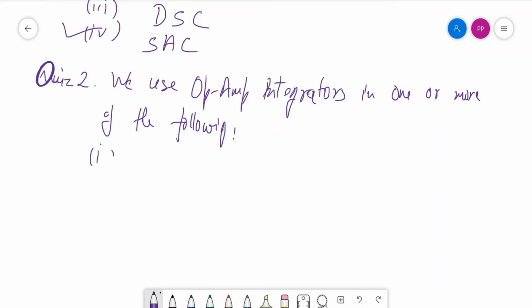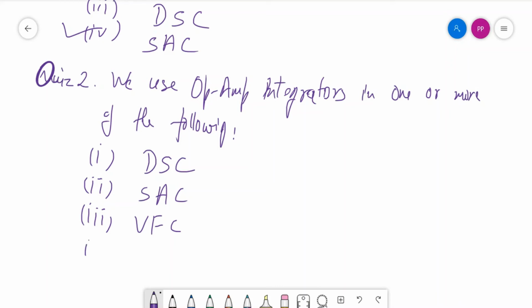So the first option is dual slope converter. The second option is successive approximation converter. The third option is voltage to frequency converter, and the fourth option is phase lock loop. So again you can take a pause and think back,